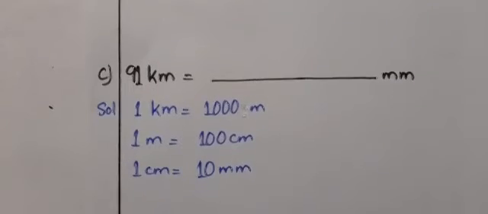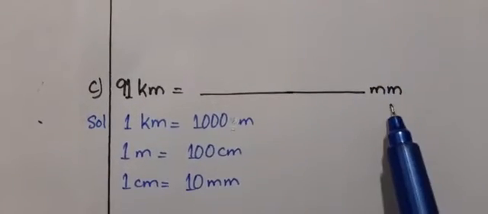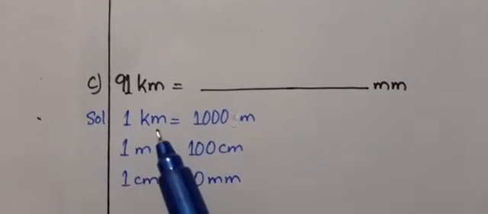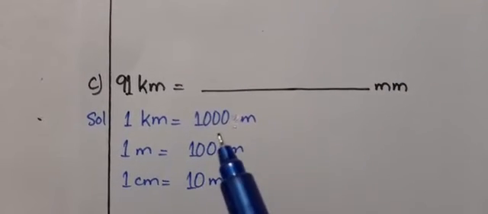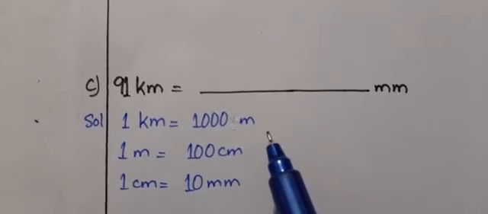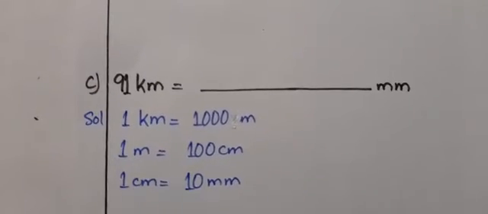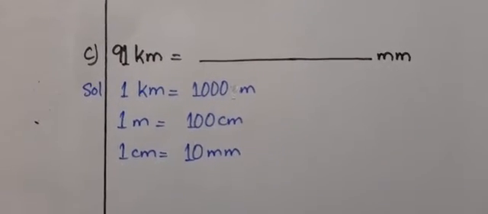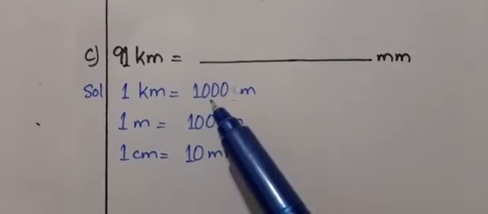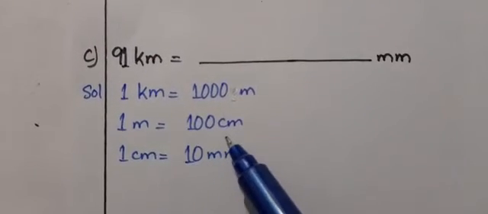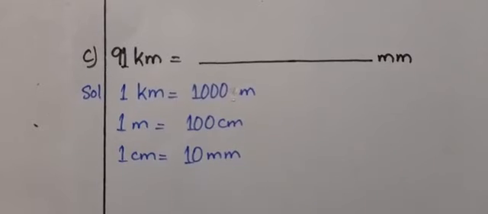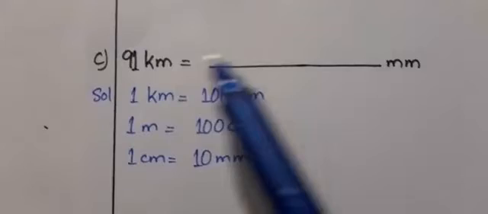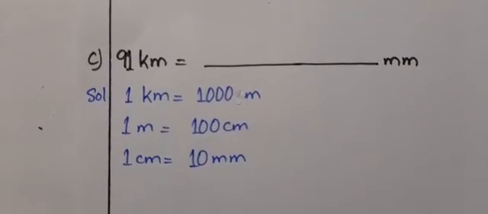Part C is, boys, we have to turn the 91 kilometer into millimeter. The biggest one into the smallest one. As we all know, we have to write in the solution 1 kilometer is equal to 1000 meters and 1 meter equals to 100 centimeter and 1 centimeter equals to 10 millimeter. It means 91 will be multiplied by 1000, multiplied by 100, multiplied by 10. Totally 6 zeros. 3 zeros here, 2 here and 1 here. 6 zeros will get added in 91 on the right hand side.